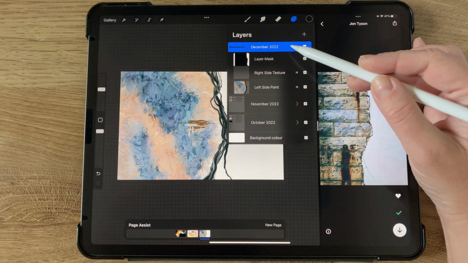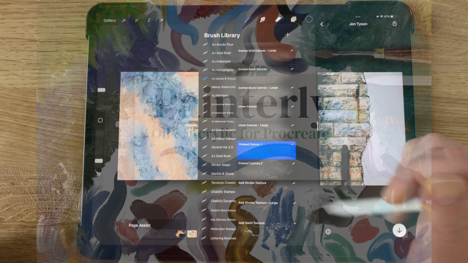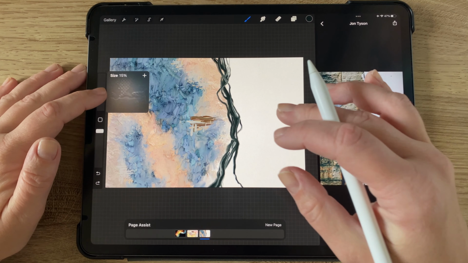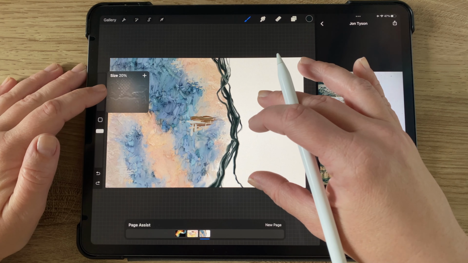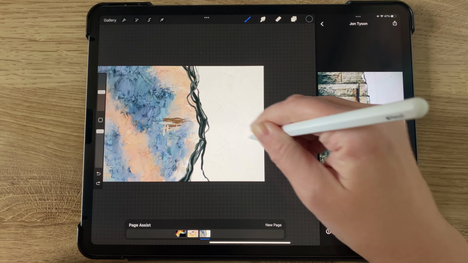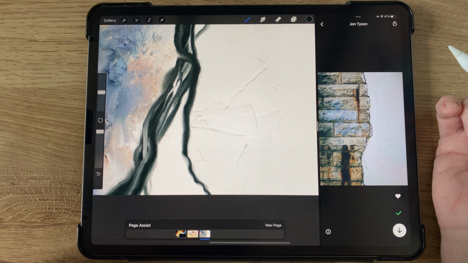So now that we have this right side masked, I went to select that layer, and I have black in my color palette still. And I'm going up to canvas and texture, which is also something that comes in my Painterly brush set. So I chose primed canvas number 1, and with black selected, I'm just going to add a canvas texture over here on the right. So it kind of looks like a white canvas that has been painted on with white paint. So it's very subtle. It's hard to see in the video. So I just zoomed in for a minute to have a look at how it looks.